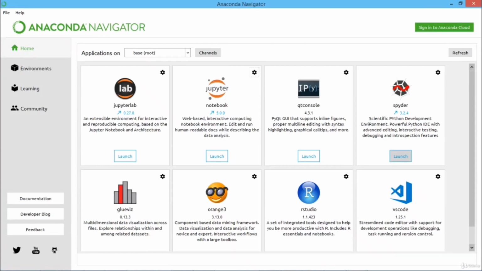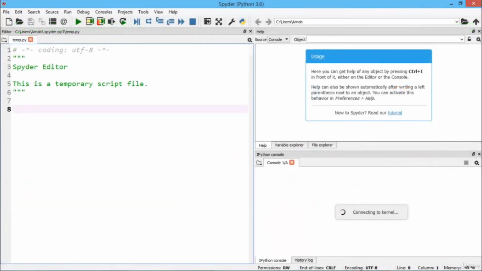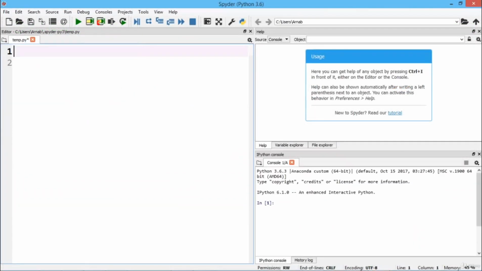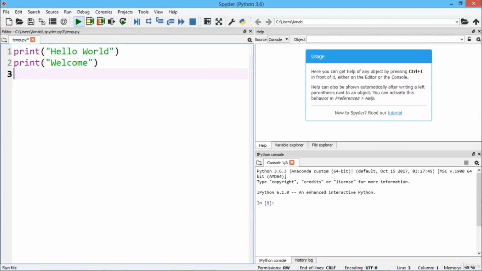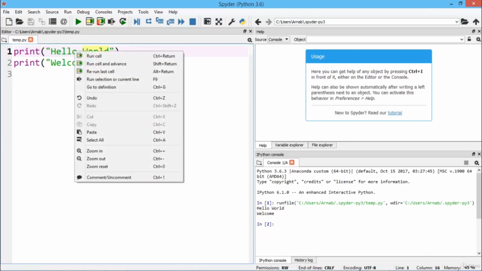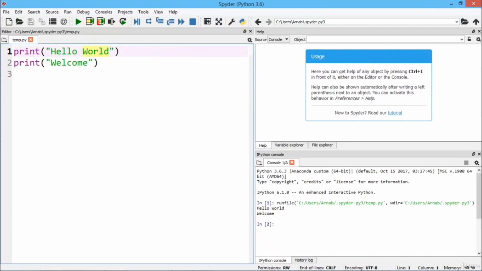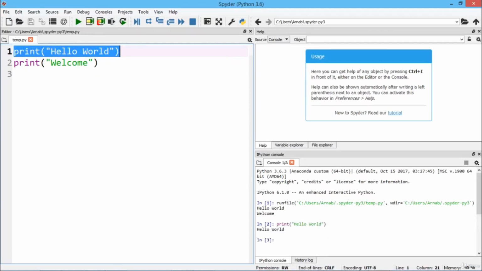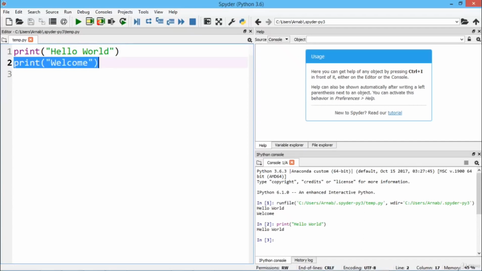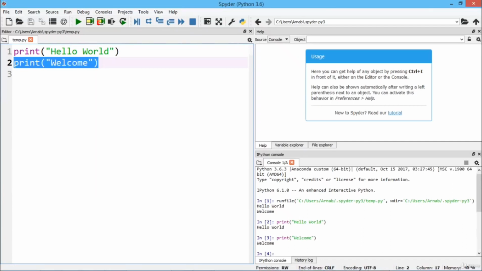Now let me go for Spyder. So I'm using this part. Here you can see that the sessions are coming. This is the way in which we are typing, and we can go for the execution. You can find that hello world and welcome are getting executed. So there is another way to execute the same: we can go for the run cell. Only this particular line I select, and then I go for the run cell. You see only the hello world has got executed. Only this welcome has got executed. In this way also you can go for partial execution.